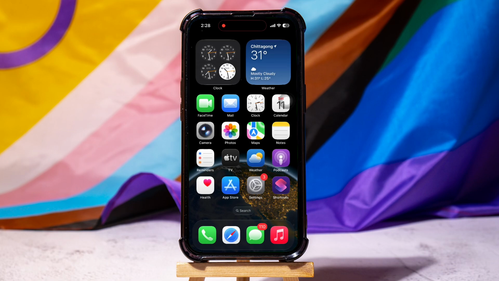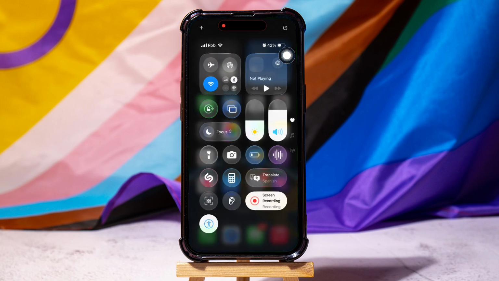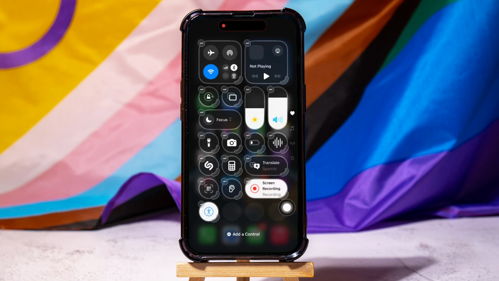How to send money on iPhone by tapping. To get started, first of all go ahead and swipe down from the top right corner of the screen to open the control center. Here, long press on any empty area of the control center until a minus sign appears